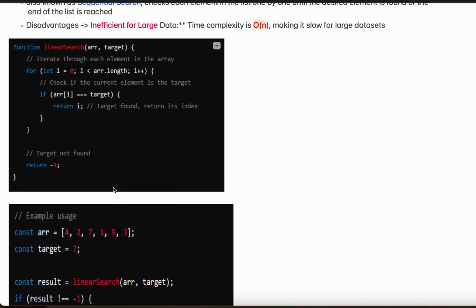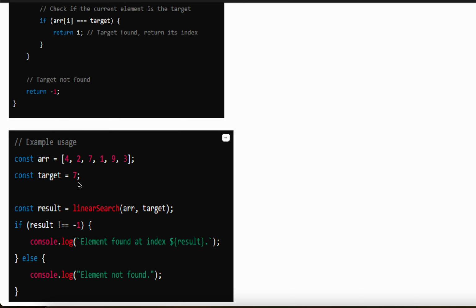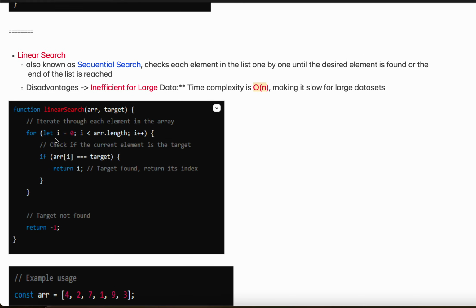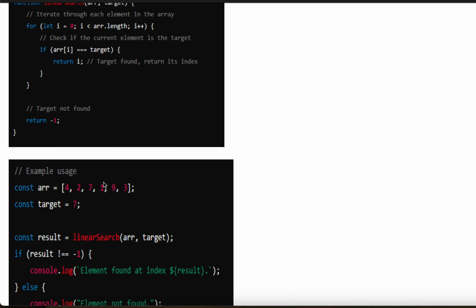So how does it work? Let's say this is the input and the target is 7. It takes a for loop over all the elements one by one. It checks for the target. If it is there, it returns the index. If not, it repeats, just a very conventional way, one by one. Okay,